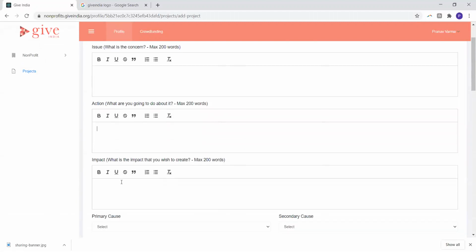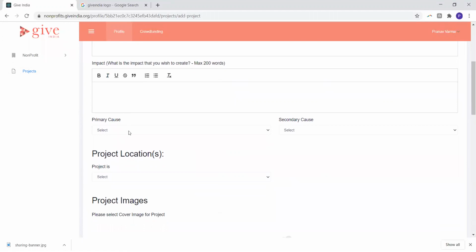And finally, you need to briefly describe the expected output of your plan of intervention. So you need to fill in these three basic content boxes, describing in brief what you're trying to do in your project or in your program.